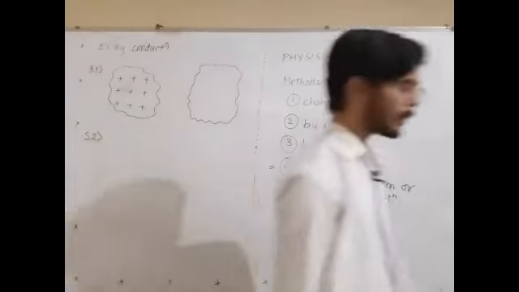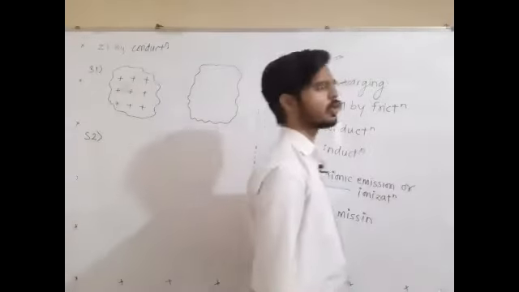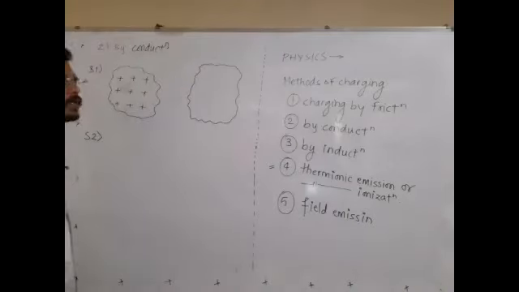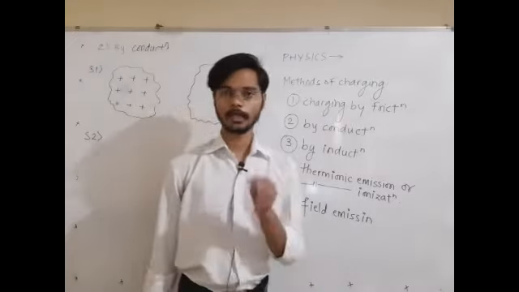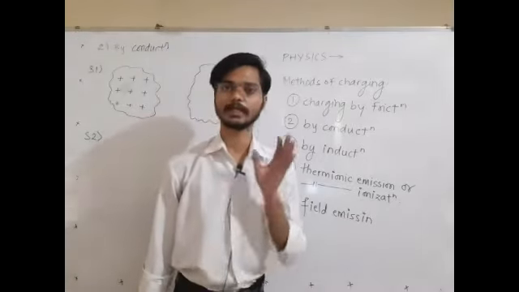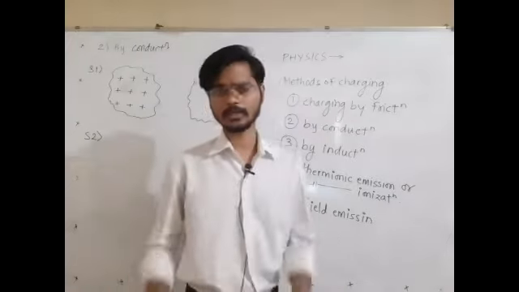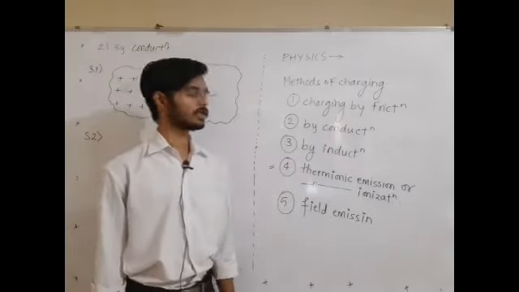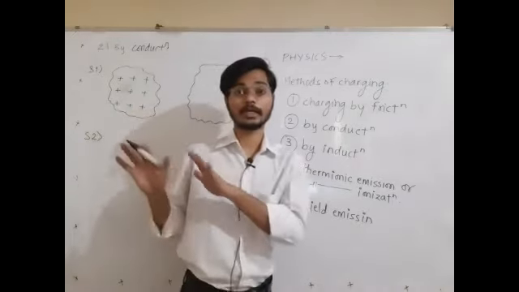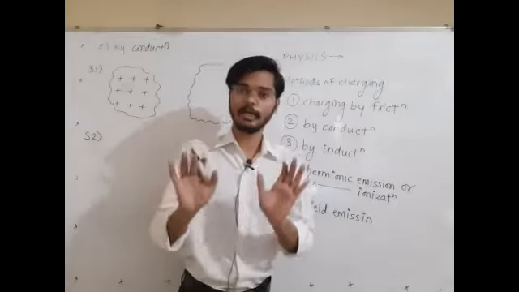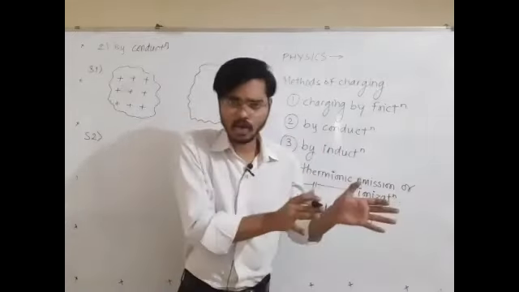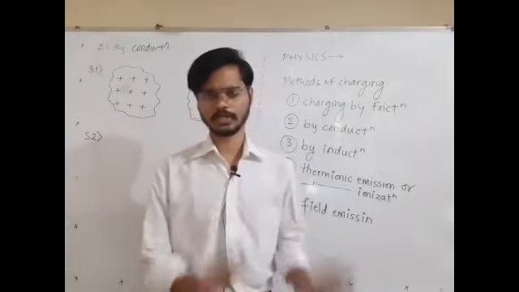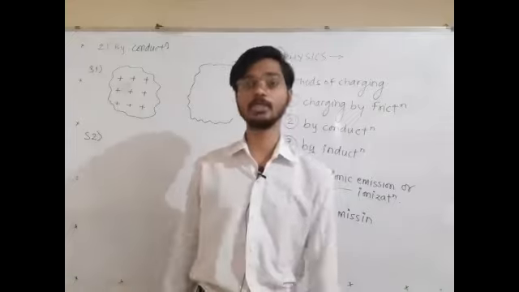Now take a good conductor of electricity. What is the meaning of a good conductor of electricity? It means a material which has low electrical resistance. What electrical resistance and conduction mean, we will learn in the chapter called current electricity. For the time being, let us accept that some materials are called conductors and some materials are called insulators.